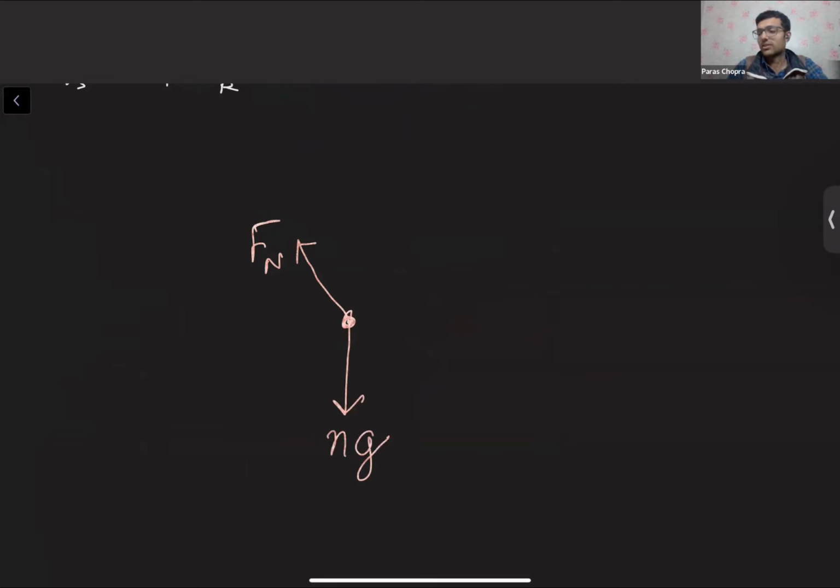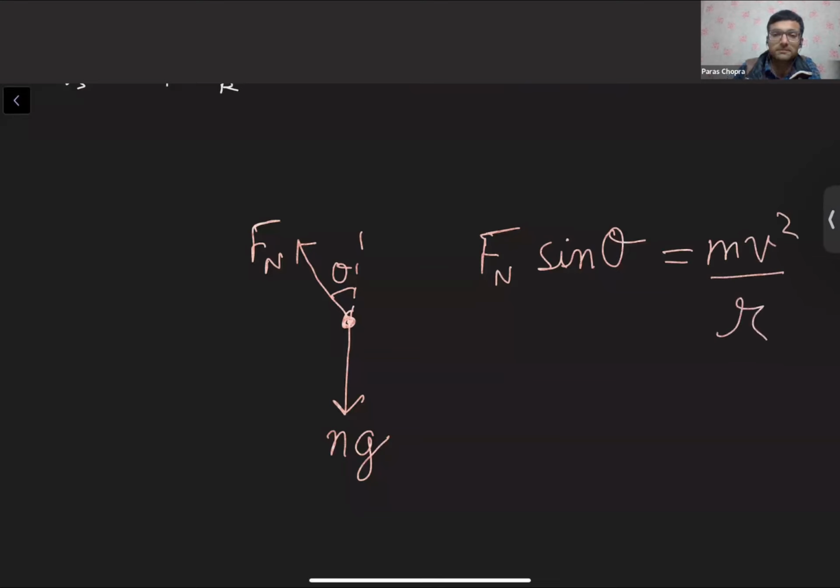Okay, so let us draw the forces. One is the normal force F of n. Then there is the gravitational force mg, and the net force acting along the center will be Fn sine theta, and this will be equal to mv square upon r. So using this formula you can calculate the velocity और द रेडियस, और जो भी पूछा है क्वेश्चन में वो